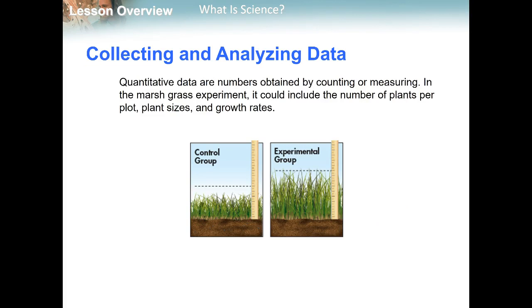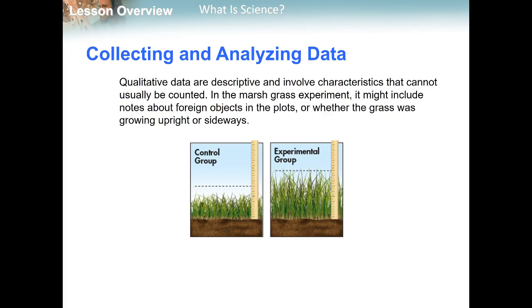So quantitative data, as I said, is going to be numbers. You're going to get those in measuring. Examples would be the number of plants, plant sizes, the growth rates. All of that can be put in numerical form, taking the temperature of the soil, anything like that. Qualitative data is more descriptive, and it involves the characteristics that cannot be